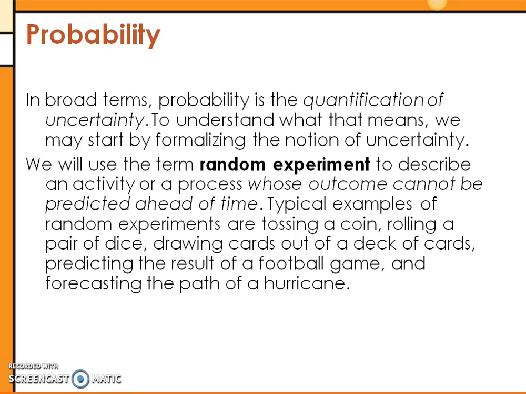So probability is trying to give a number to quantify uncertainty. It doesn't mean that I know what will happen. For instance, if I flip a coin, most people are familiar that it has a 50-50 chance, or a 1/2 probability, of landing heads or tails. That doesn't mean if I flip it once and it goes heads, it'll automatically go tails the next time. But I'm trying to give a number to what would happen if I did that a whole bunch of times, maybe millions of times, which is the theoretical probability.